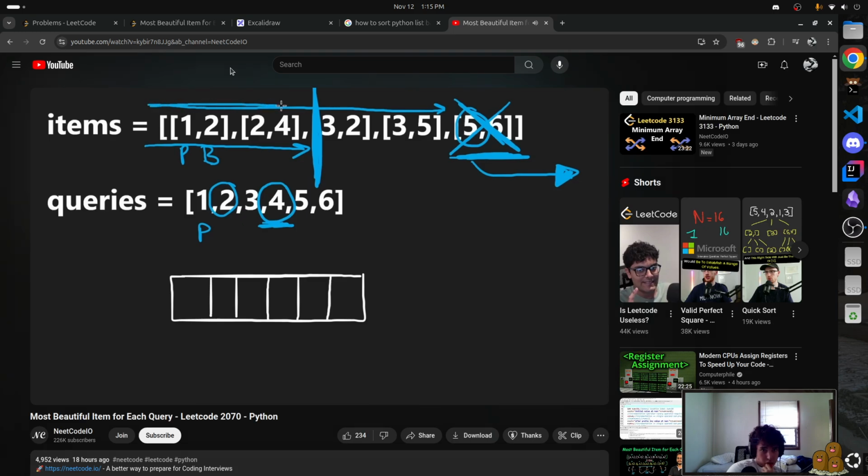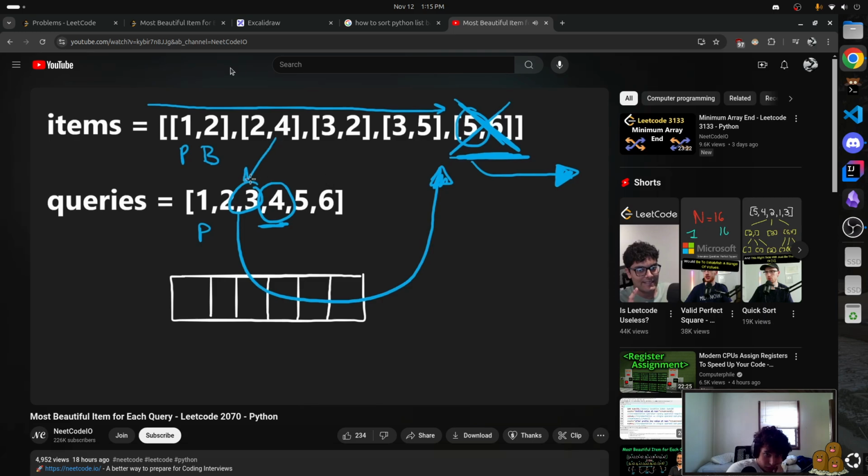I scanned here, left to right, and now I'm scanning here, left to right. What determines the ending position of a query? Well, literally the value of the query determines the ending position. 4 is going to end over here, and 2 is definitely going to end earlier. I mean, theoretically, some queries might end at the same spot, even if the values of those queries are different. 4 and 3, for example, are both going to end at the same spot, but